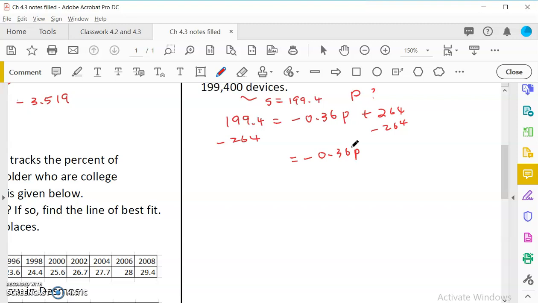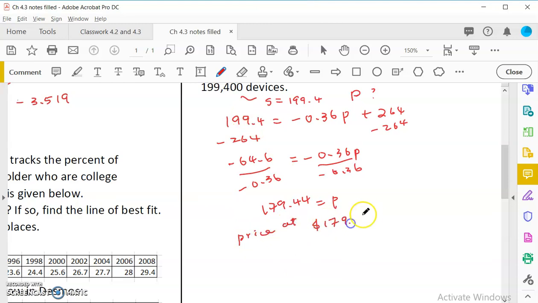So 199.4 minus 264 is negative 64.6, and then divide both sides by negative 0.36. So p would equal 179.44. If you set this price, your demand would be that much. So a price of 179.44 will result in